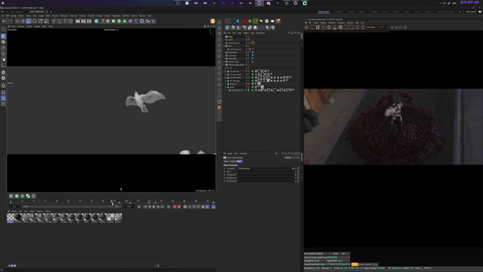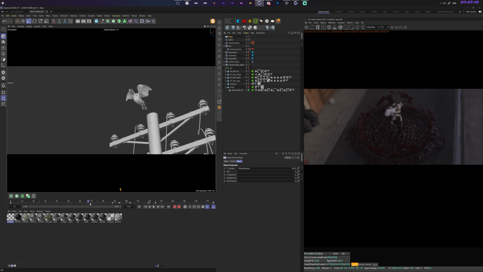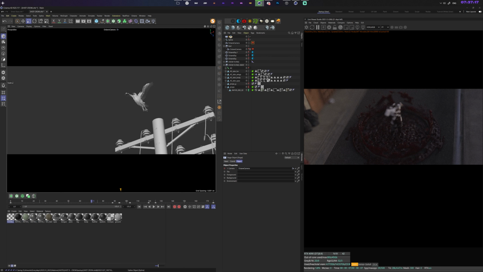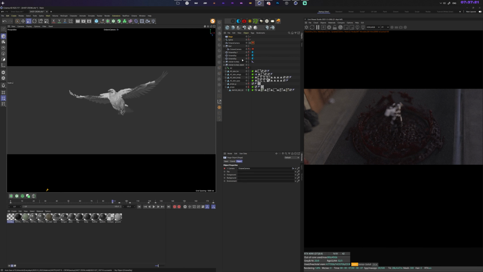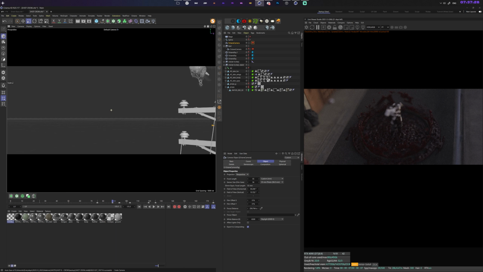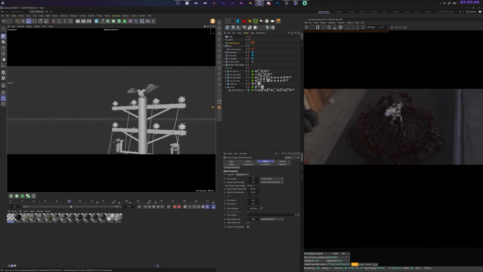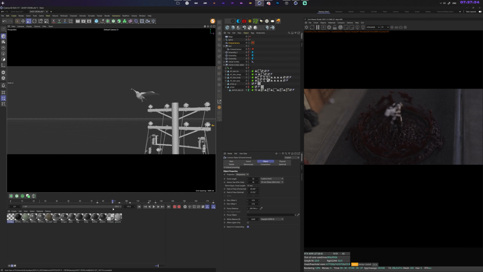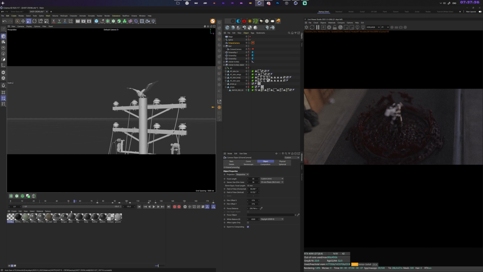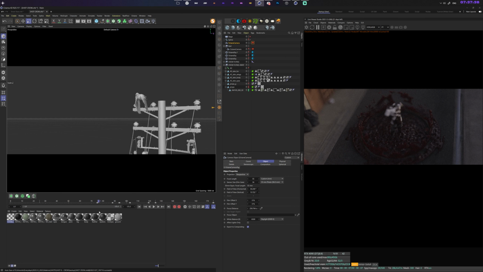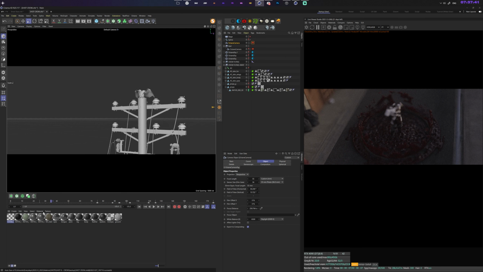So the first camera is taking place right here, and then as we move onto our second camera at frame 88, a keyframe is done, and then we move to this camera. So if I were to disable the stage object and disable this, you can see that this is where the first part of our scene is taking place. And the bird actually isn't moving, so that was a problem. I thought that the bird would actually be moving, but I had to make sure that